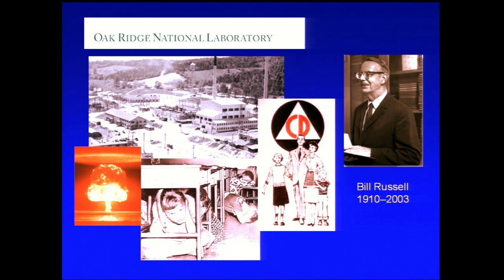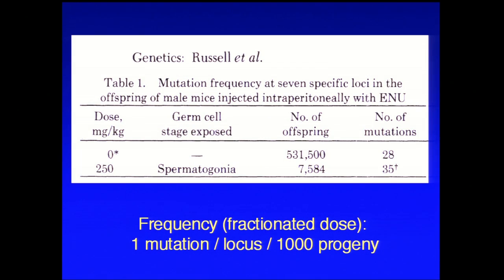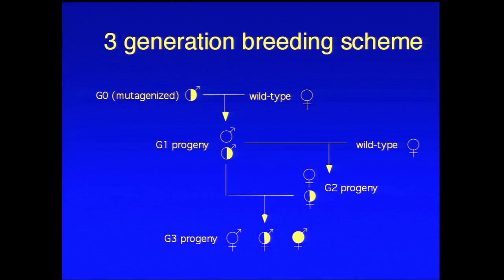mutation by chemicals, and established that a chemical called ethyl nitroso-urea, when given in a particular protocol, was a very effective mutagen in mouse, could be tolerated by mice, would generate a mutation frequency of 100 times the background frequency, and allowed you to basically create mutations rather than waiting for those spontaneous mutations such as pink eye and albino that I showed you. And so this has led to forward genetic approaches in the mouse such as this, which is what we do,